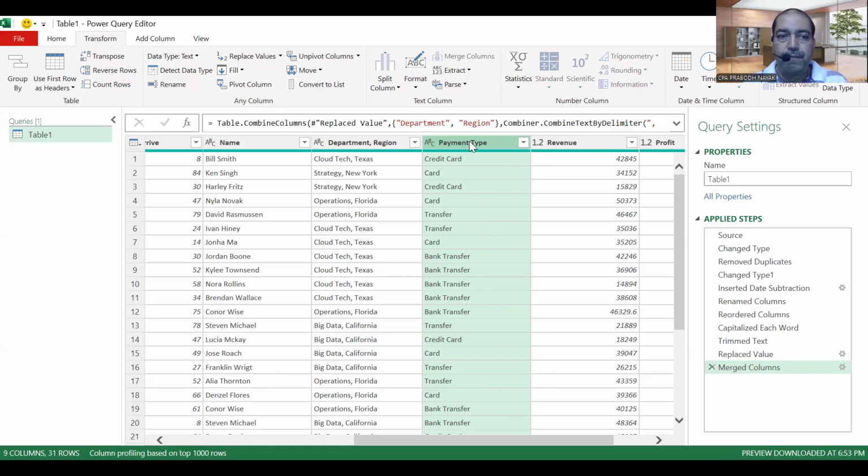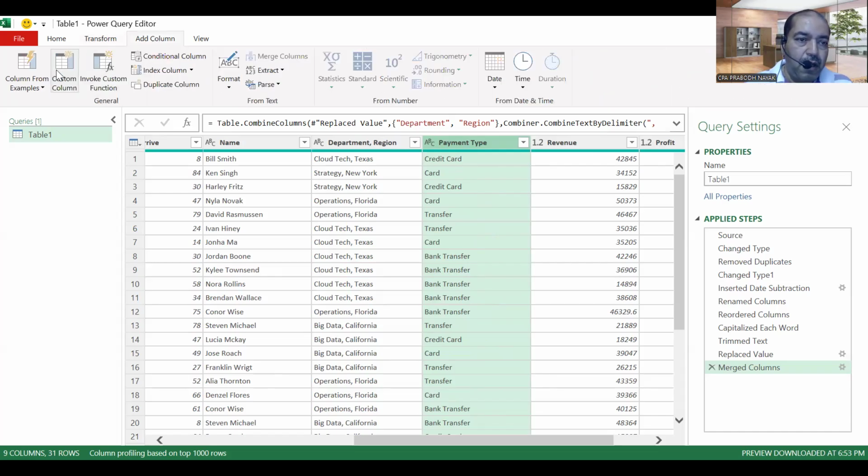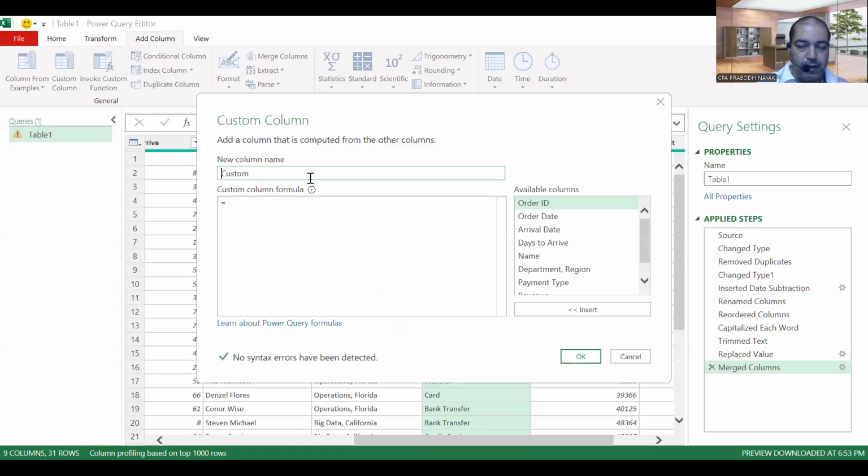I click on this column, go to Add Column, go to Custom Column. Now the custom column opens over here. Can you tell me what I should be writing in this custom column? There is a custom column formula where the equal to function is already there. Now I'll put some commands over here. Commands in the sense that I just have to write plain English, and it transforms it automatically. So I want to write